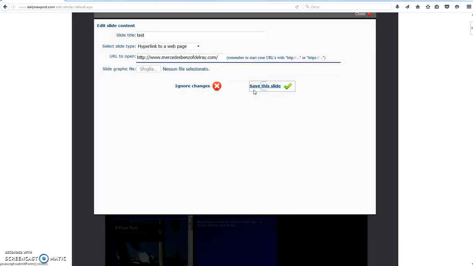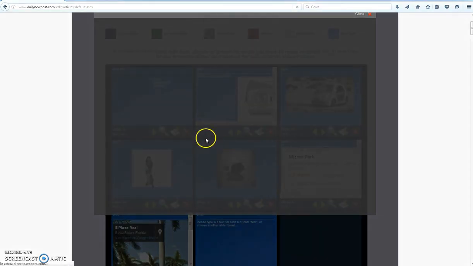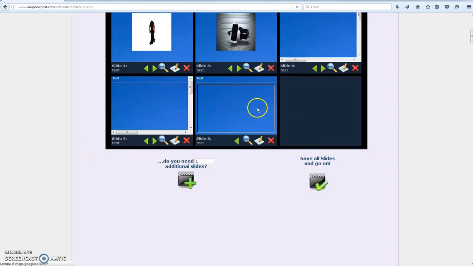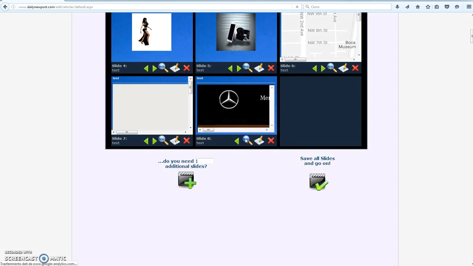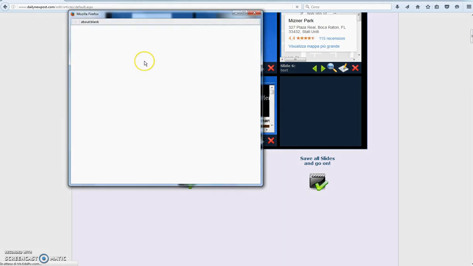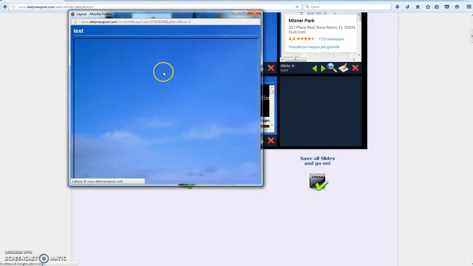So if we save this, what we got here, we have an open link of the Mercedes here, directly to the client, directly to the viewer. You see here, the computer is a little bit slow, but in any case, this is the